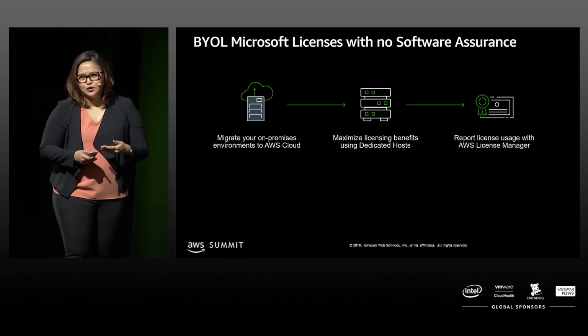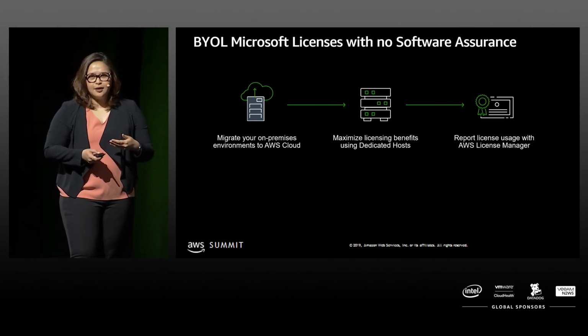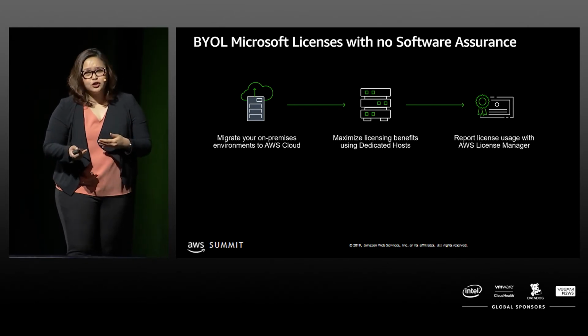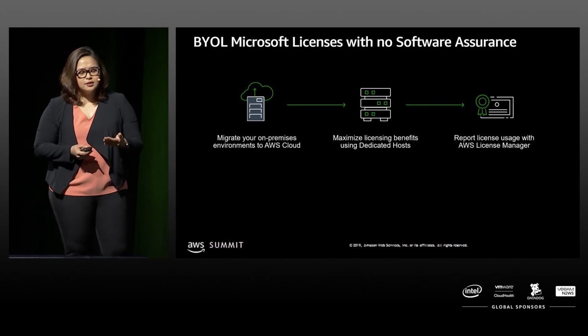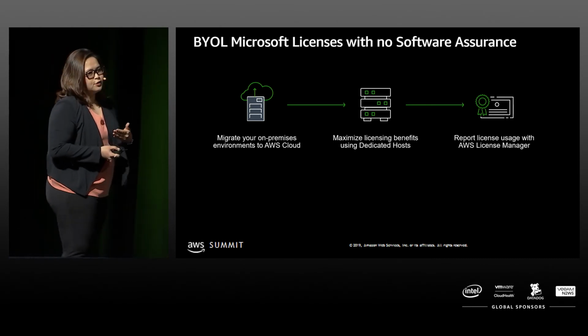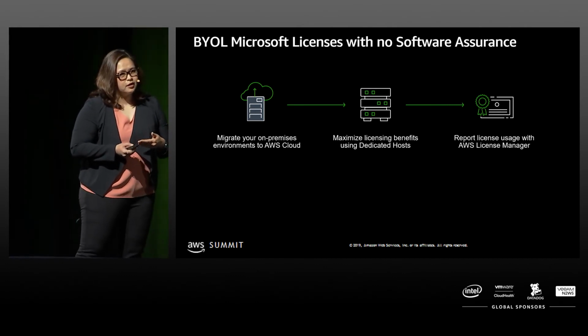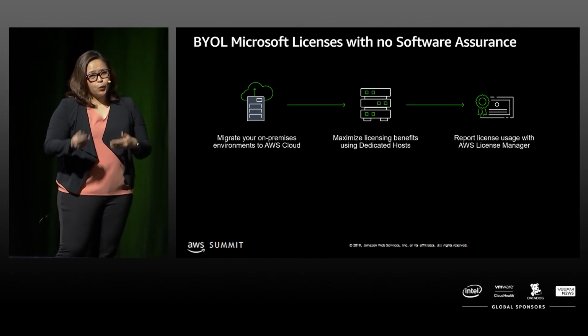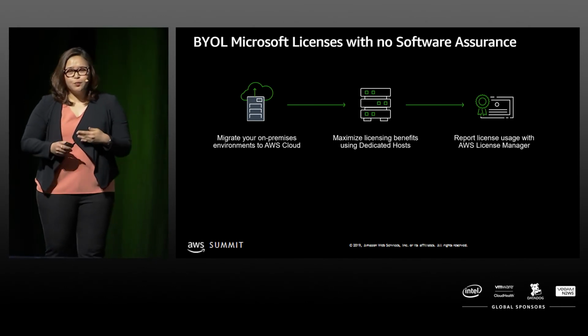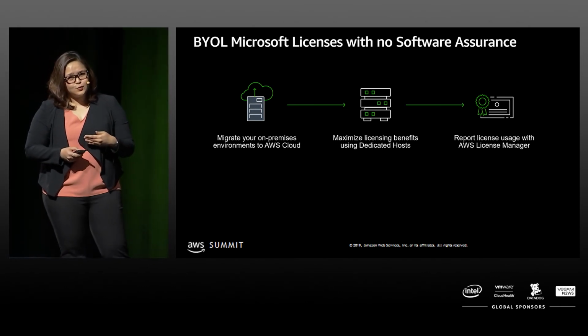So when you take a look at moving your Windows licenses into AWS, there are multiple means by which you can do so, by looking at licenses with Software Assurance or without Software Assurance. But we want to also clearly tell you that you can maximize your licensing benefits when you move your Windows workload into AWS,